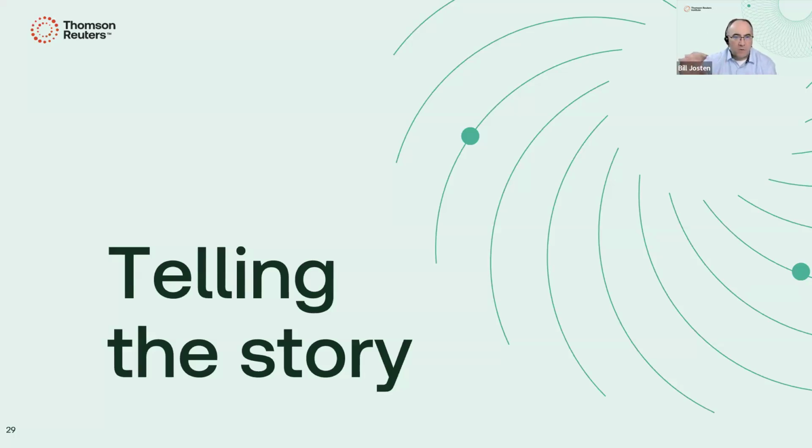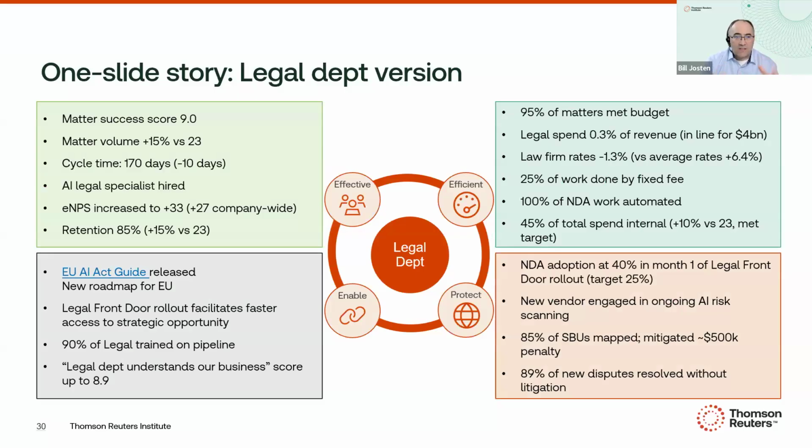So we've highlighted a few key things throughout the last several slides that Lizzy went through. How do we boil that down now into a story? I think that we have two different frameworks here for a one-slide story that tells a lot of information very quickly. The first is sort of a legal department version. This tells that story through the lens of how we view things as the law department. This may or may not be appropriate for your board, depending on your board, but we're going to show you another example in a minute that may actually line up better.